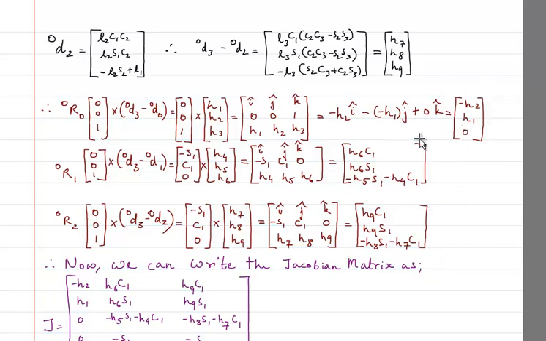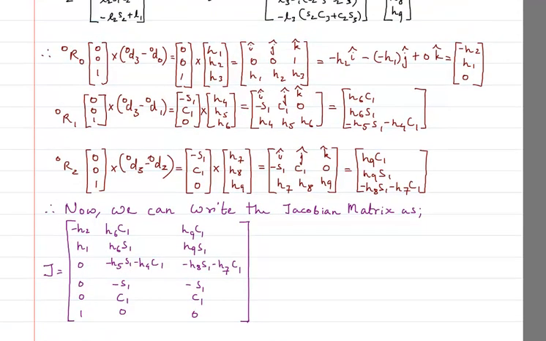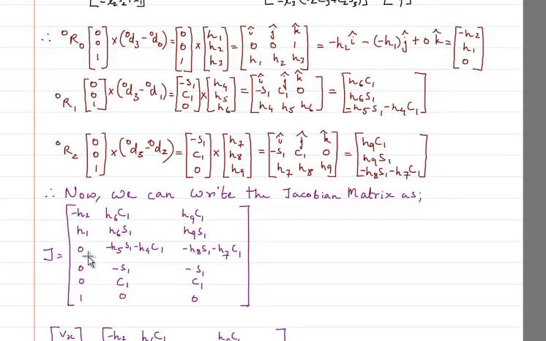These three are going to be the linear portion of the Jacobian. So in the Jacobian now I am going to substitute the values. This value is substituted here, whereas the bottom is 0R0 into 001, which we got as 001. That I substituted here. Similarly for the next case, the first three values, then 0R1 into 001 is going to be minus s1 c1 0, which I have written here. Similarly for the third case also.